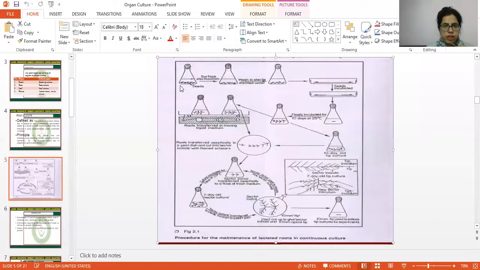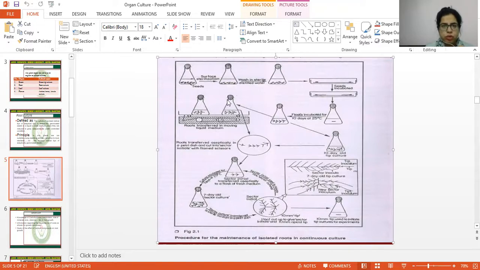Here you can simply see these are seeds which have been surface sterilized, and after surface sterilization you have to wash these seeds with distilled water, which removes any trace or excess of sterilizing agents. And now these are pure seeds. First of all you have to incubate the seeds in a petri plate to germinate them, and after that you prepare the media. These are incubated for 10 days at 25 degrees temperature, which germinates proper roots.